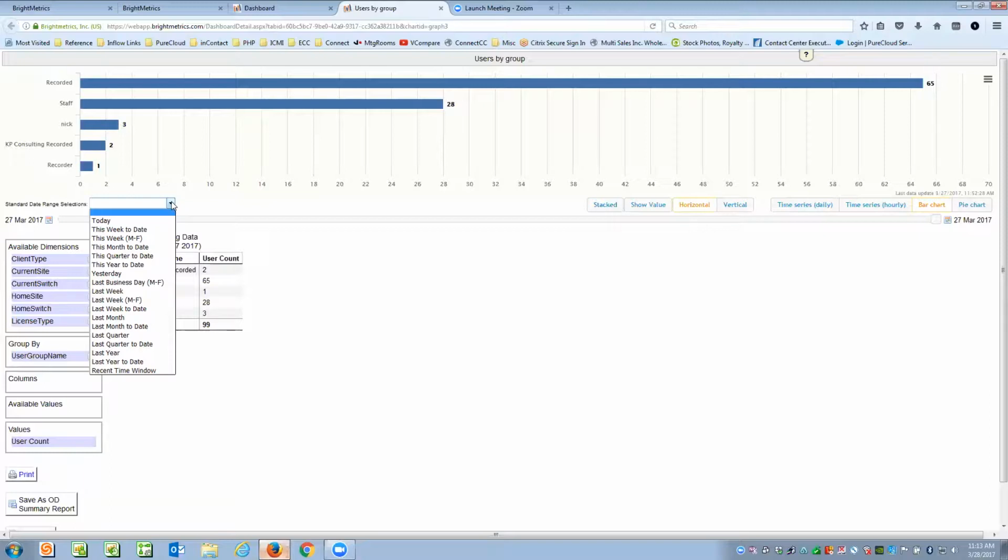So instead of the user having to put in a specific date, they can say, well, show me the data today. Show me everything this week to date. Show me this week, Monday through Friday. Show me yesterday. Show me last week. So a lot of really good effort has gone into